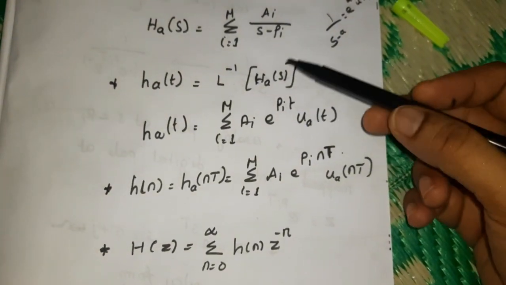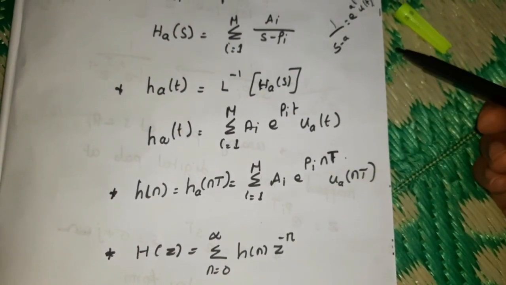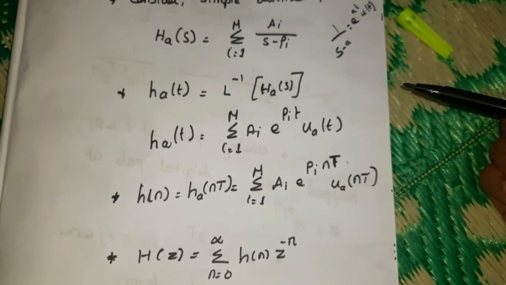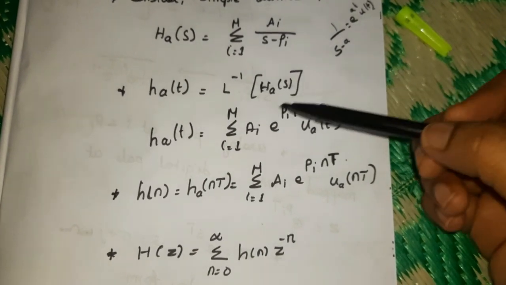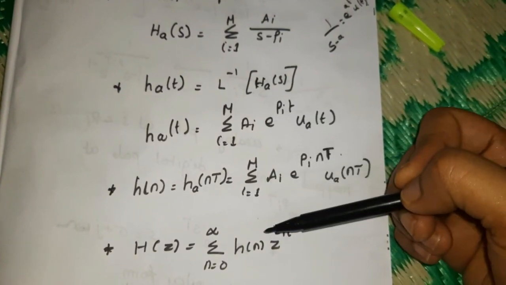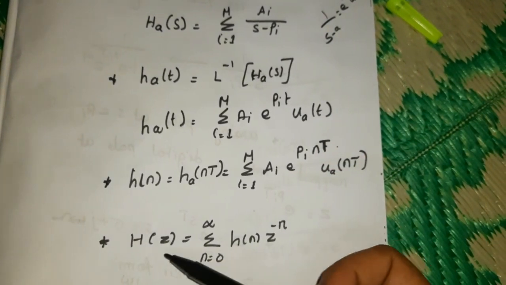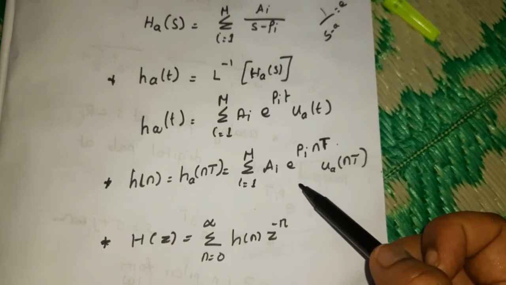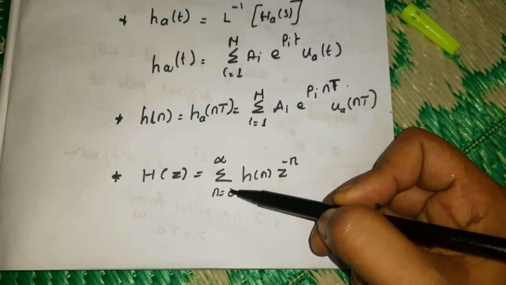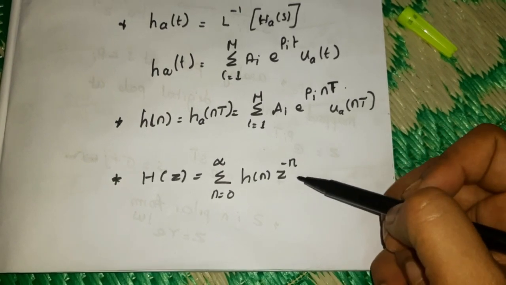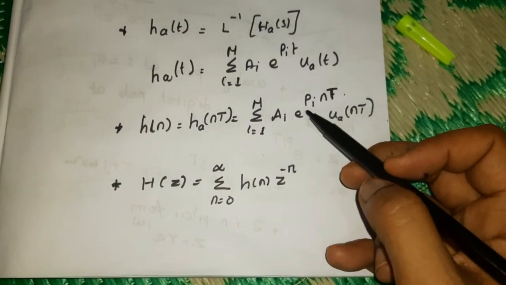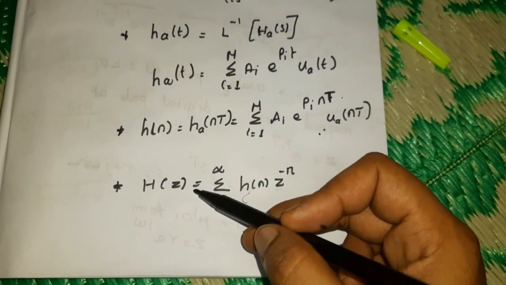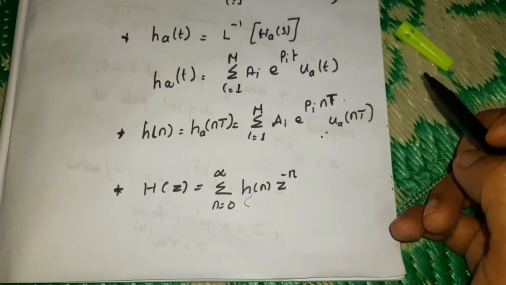Next, we will find the z transform. Our aim is to convert this S domain into the Z domain. The S domain is a continuous signal domain, and we have to convert this into the discrete domain, that is, analog to digital. So here we have to convert this S domain to the Z domain using the Z transform. Finding H of z for this h of n, we will get the Z transform. So H of z is equal to the summation of n equal to 0 to infinity of h of n z power minus n. Here h of n is equal to this value; put that value in this equation, and we will find the H of z value of the simple pole analog filter.